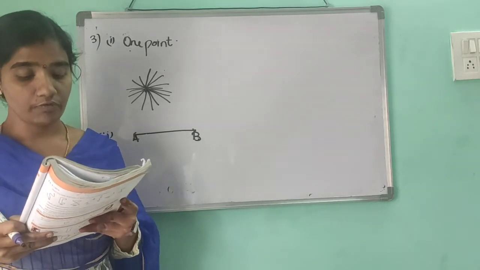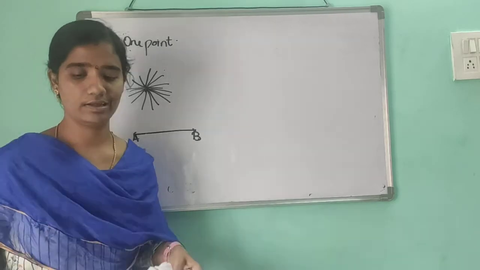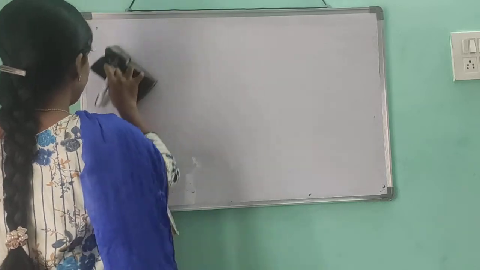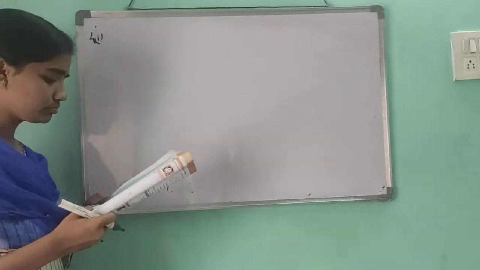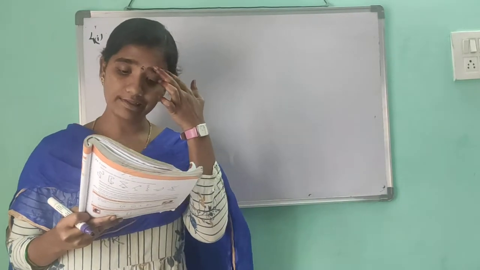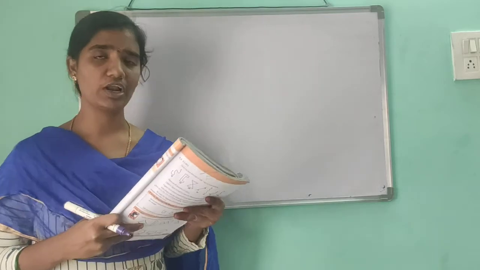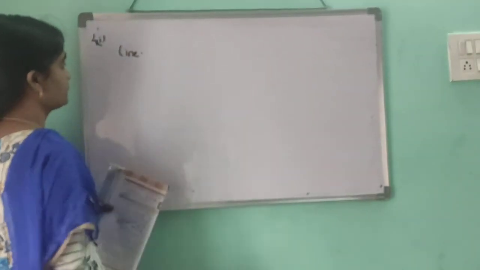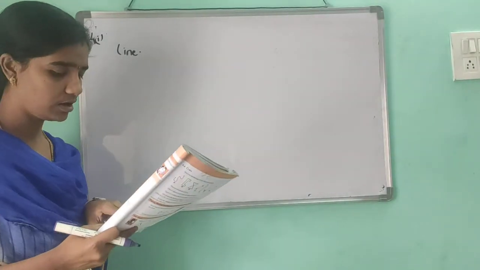Fourth one: which of the following has a definite length? Finite length means we have to find whether it has a finite length or not. First one, line. You already know the definition of a line. First one is the line. Line, we can find